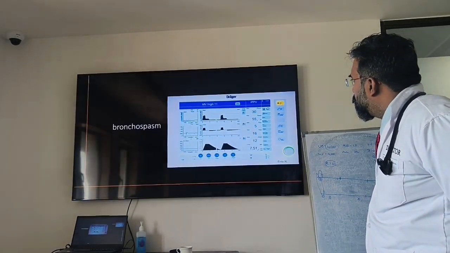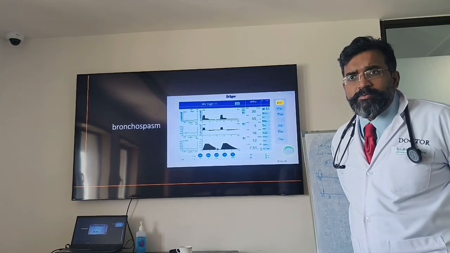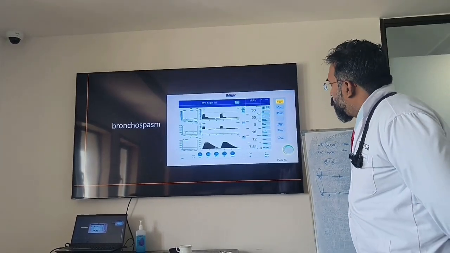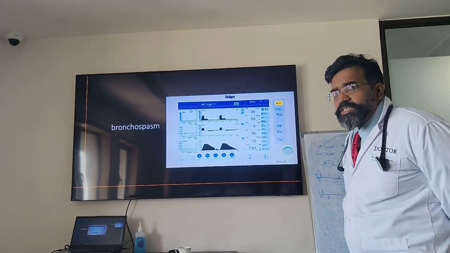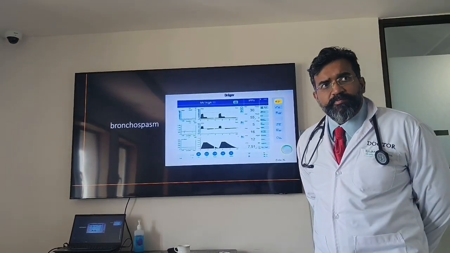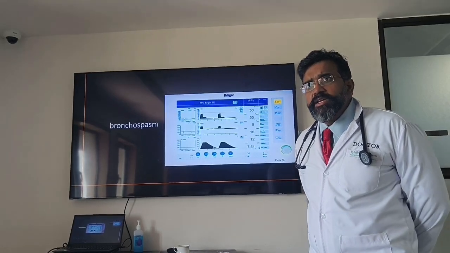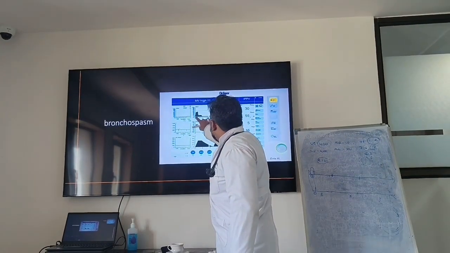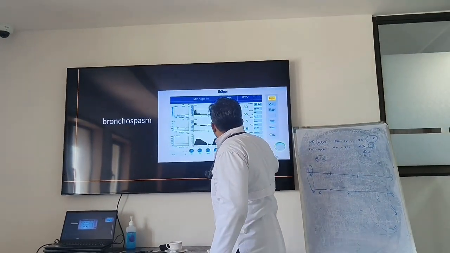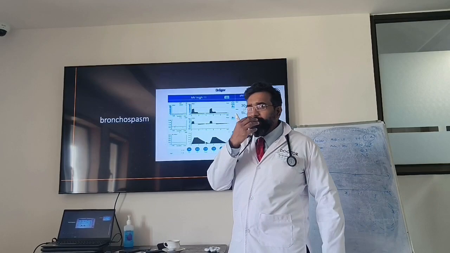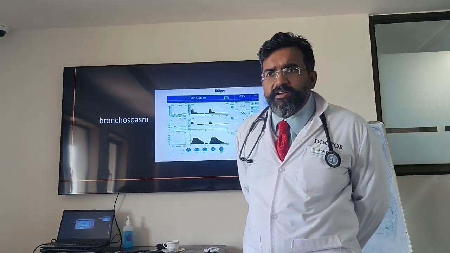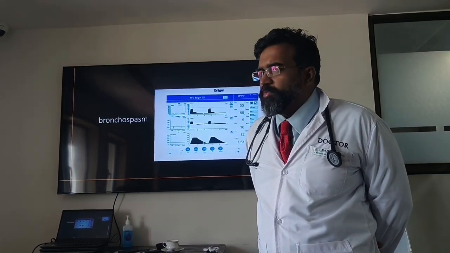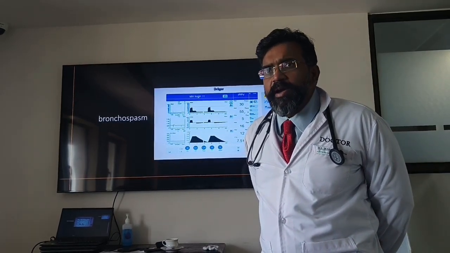Very, very clearly. Okay. Now let's look at what happens in bronchospasm. Now that we know the graphics, we should understand what's happening to the graphics. So what do you see the difference here? Spot the differences from the earlier graph. First of all, what kind of delivery of breath is this? Is it patient triggered? Let us consider it patient triggered, because there is a small trigger under the baseline that you can't see. Okay, let it be taken as patient trigger. Or let it be machine trigger. No problem. Machine trigger. Cycled by